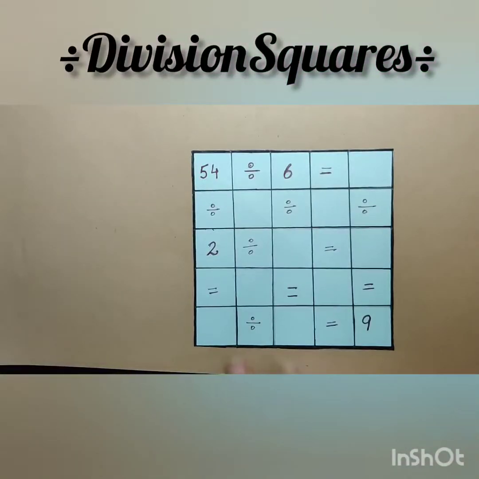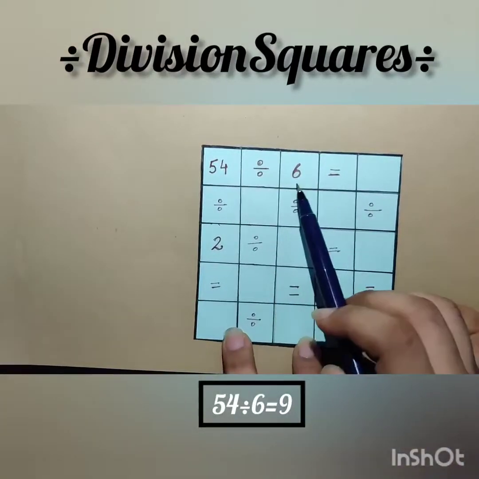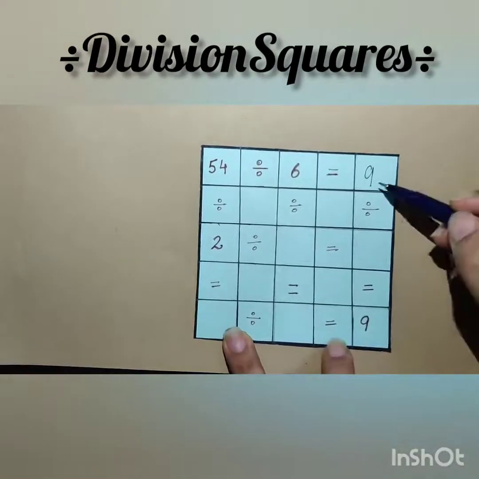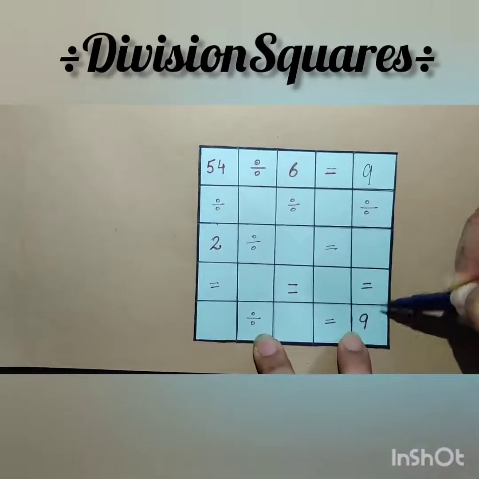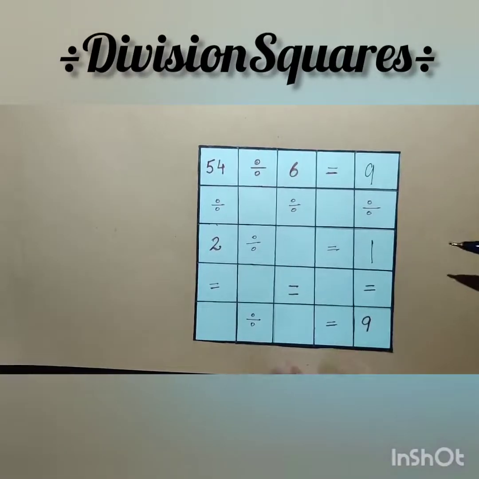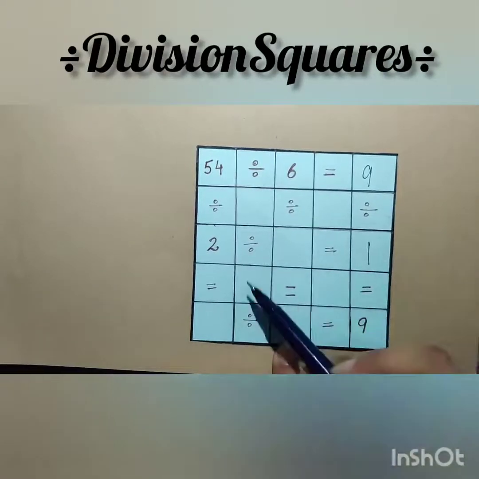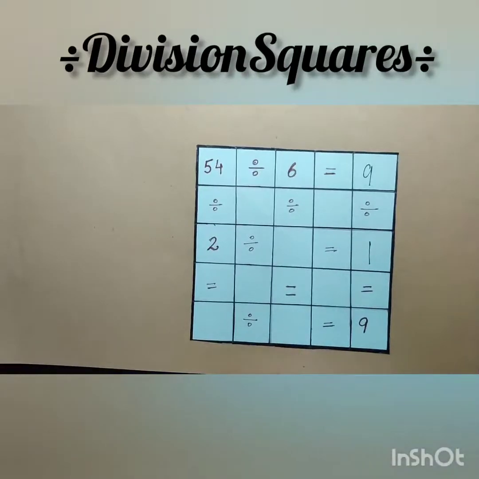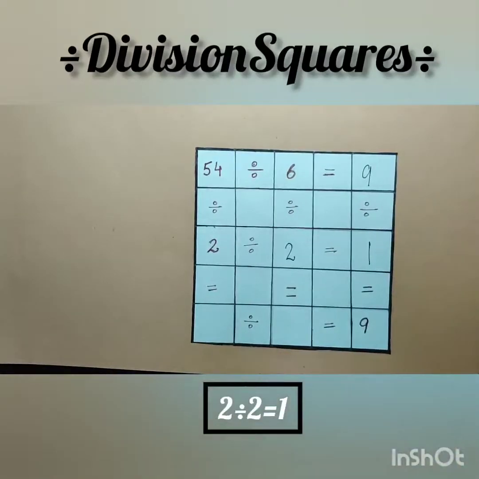Okay. So we all know the number 54 comes in table of 6, right? At the place of 9, right? 9 when divided by which number will get the answer as 9 itself? So with the 1, right? So 9 divided by 1, the answer is 9. Now 2 divided by which number, the answer would be 1? When we will divide it with the number itself, correct? 2 divided by 2 gives the answer as 1, right?